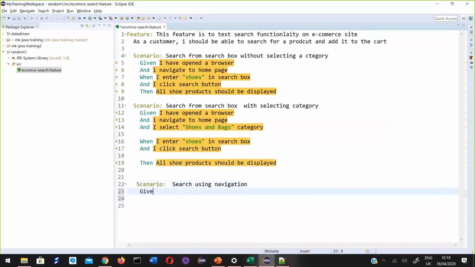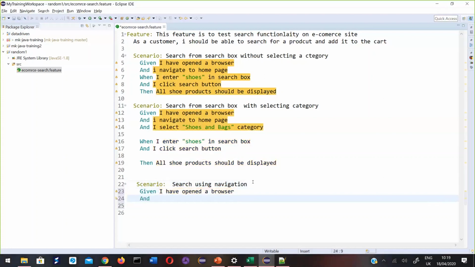Given I have opened a browser, okay, and I navigate to home page.